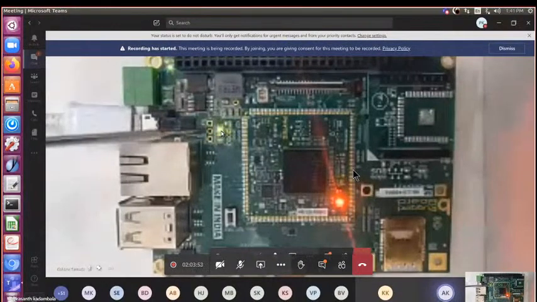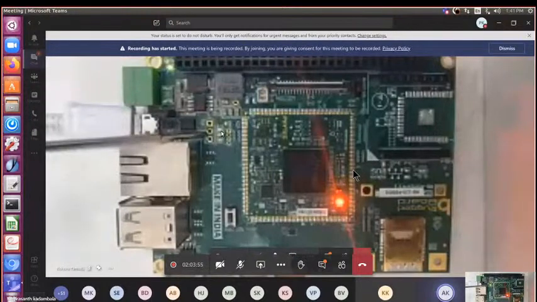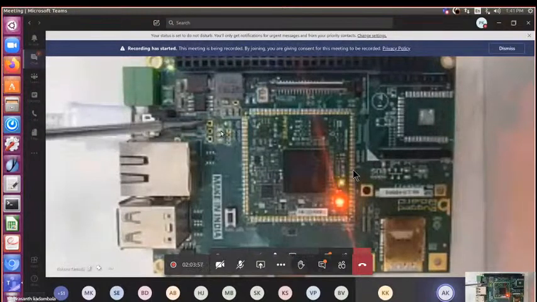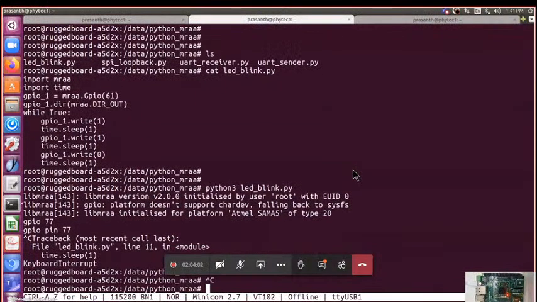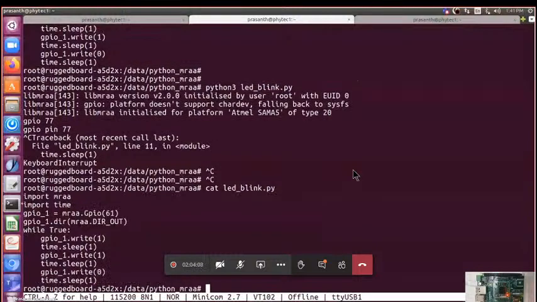Yes, only one pin I have taken. Can you show the code once again? Here you have given the sleep time as how much? 1 second. That's okay. We will jump to the soil moisture demo.